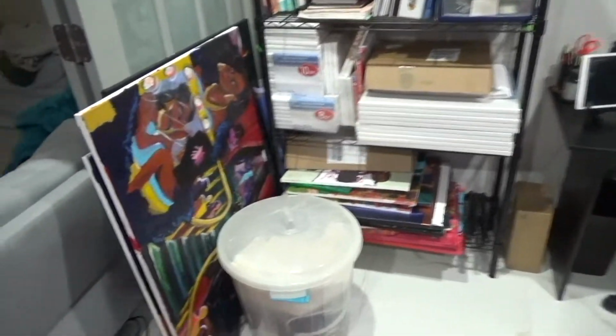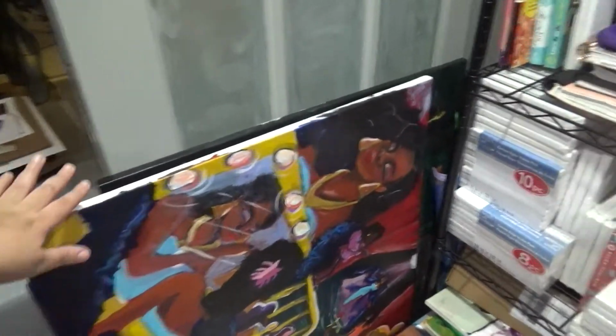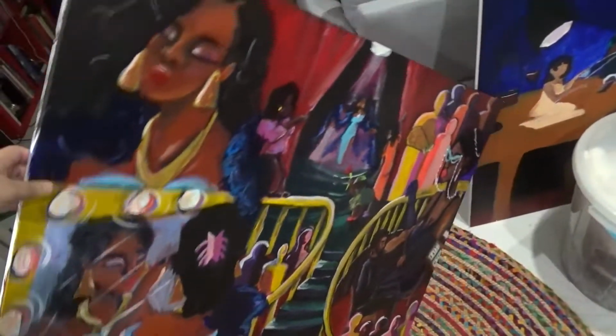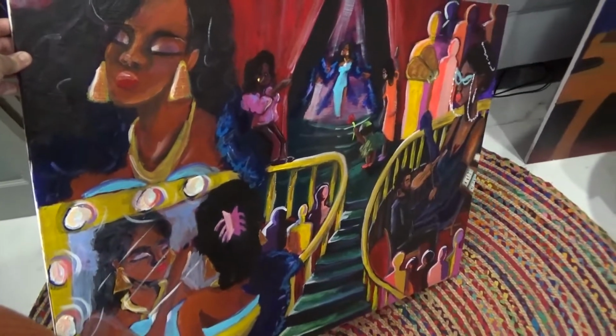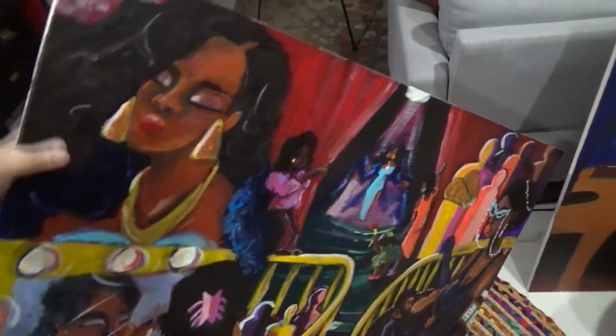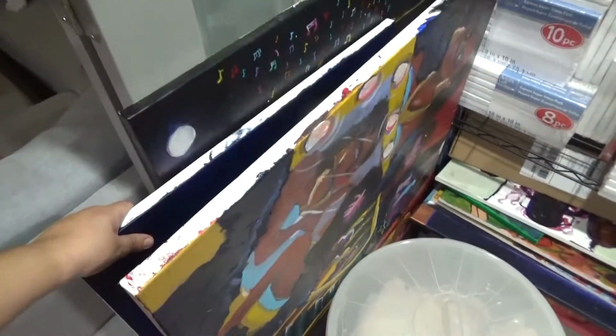So moving closer, here I tend to put on pieces that I'm working on, but that I'm avoiding. So this is an opera piece that I'm currently working on. It's not done yet, and I got to a little standstill, so I put it in the to be worked on pile. There's another piece here,